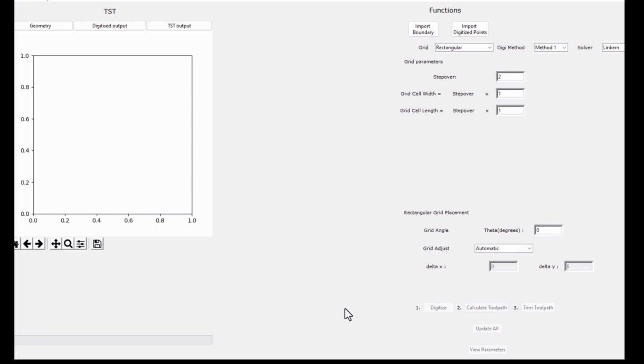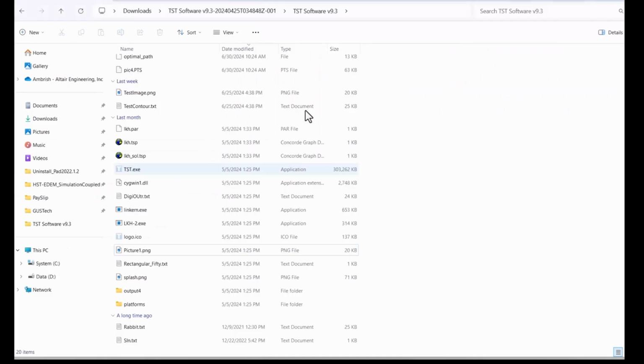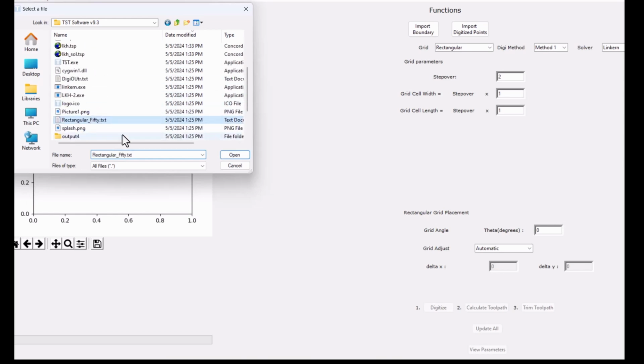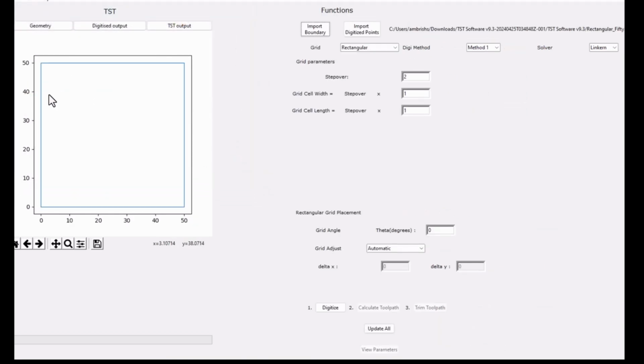Okay, so that is how you can generate toolpath which gives you uniform density. You can also use this software to create gradient in the density by specifying either a gradient function or by a density map. So let's see how we can do that. Again, I'm going to go to import boundary, and I will go to this directory here, and I'm going to import this time a very simple geometry. It's a simple contour. It's a simple 50 by 50 contour, and I need to create a gradient density toolpath